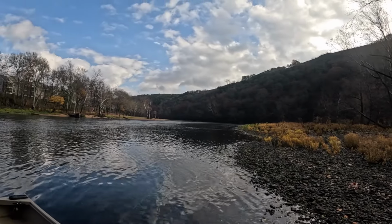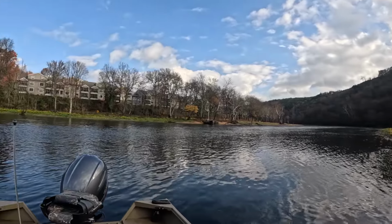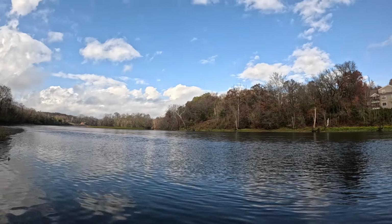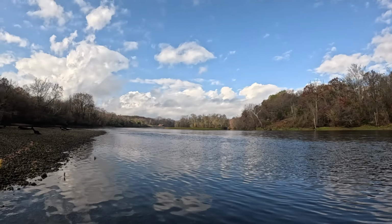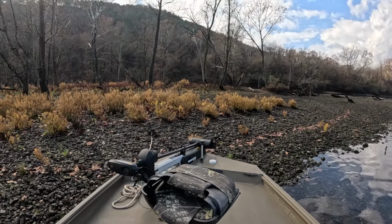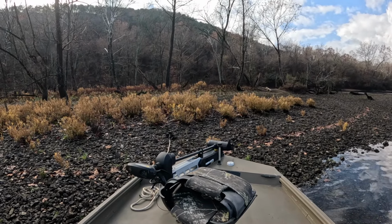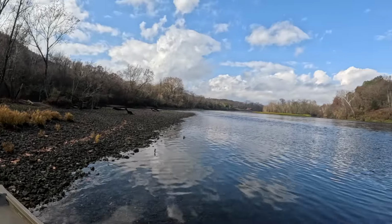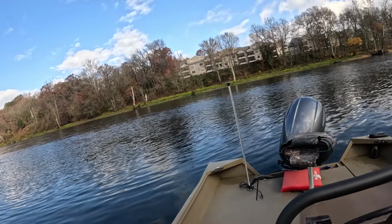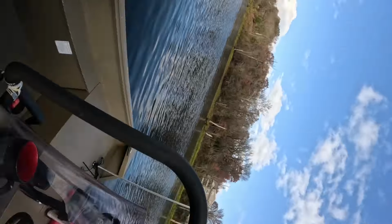People have been asking about getting over here to Lookout Island. If the water's not running, you can wade over here, but if it's running, you can't. So just about have to use a boat. And I've just pulled up here to the bank and thrown an anchor out just in case the water comes up. I'm gonna use,